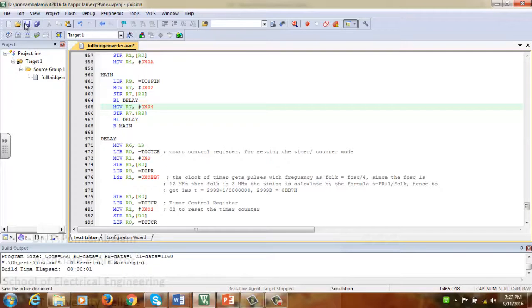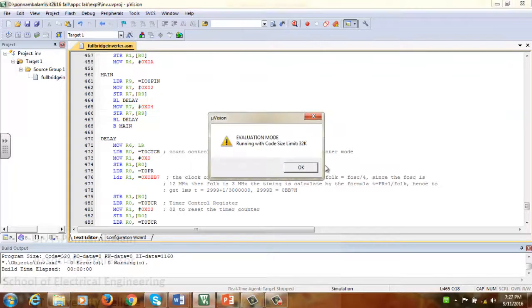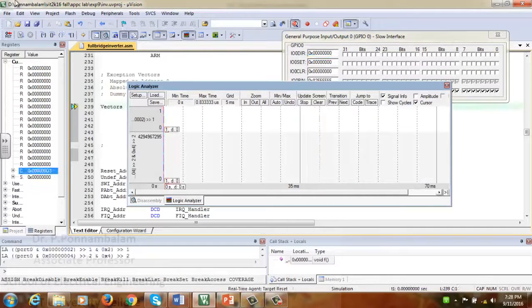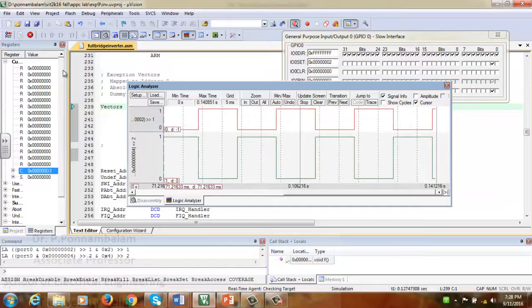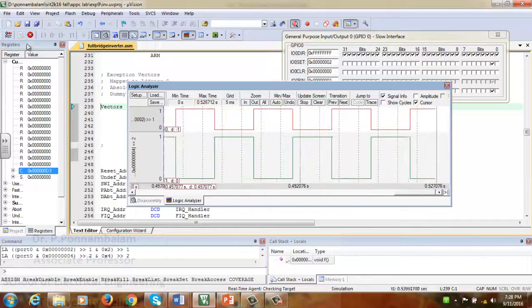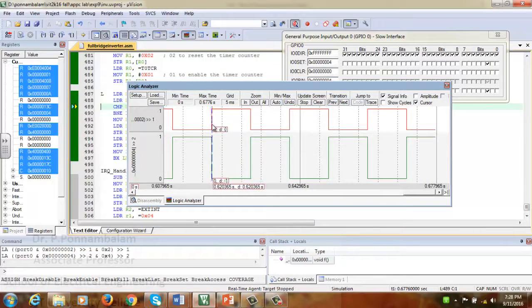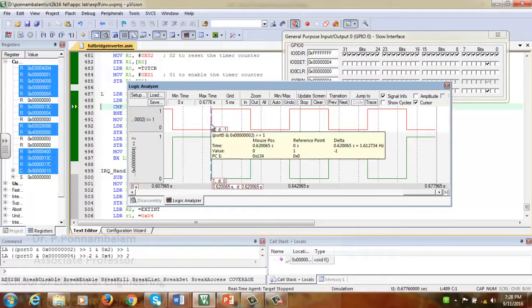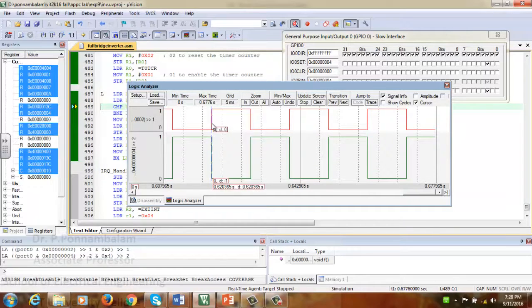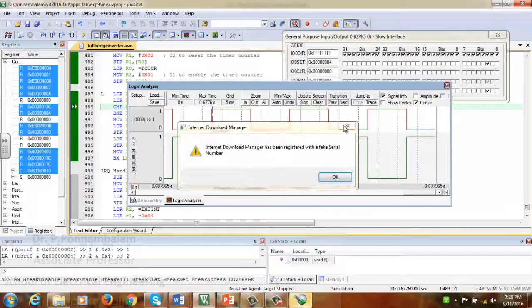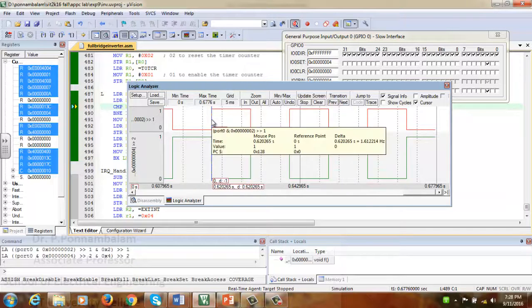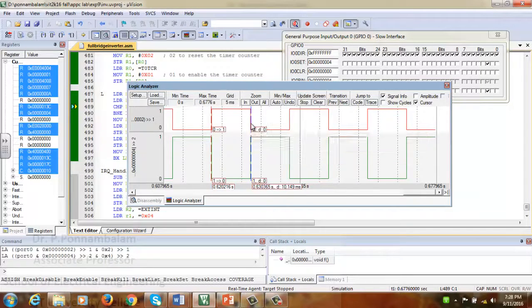Okay, now let us check the output. As we have seen earlier, we are getting the same output, you can see comfortably. And the frequency is obtained as 10 milliseconds, that you can see.